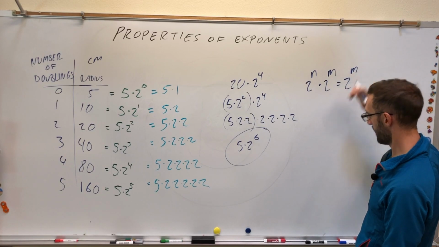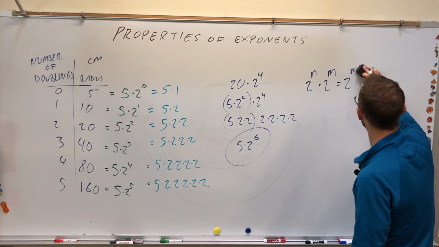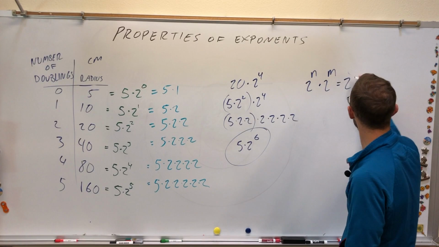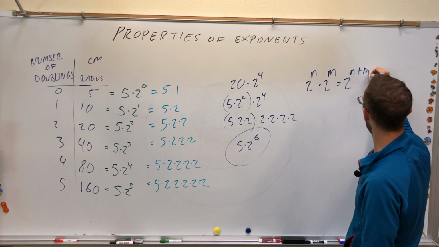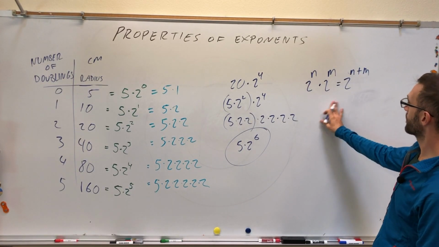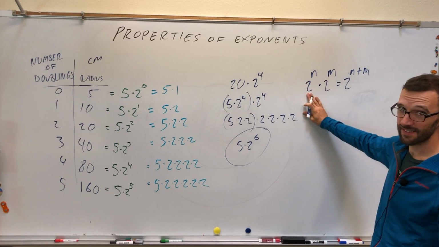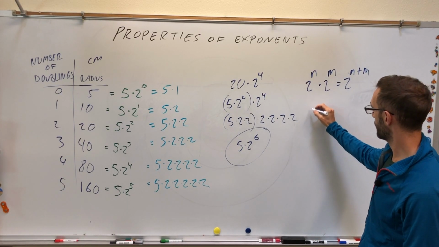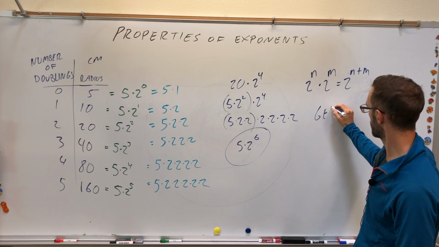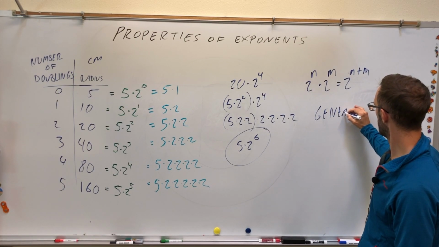So this is n plus m. So this is one of these properties of exponents. And your base doesn't have to be 2. It could be anything. So generally, to generalize this,